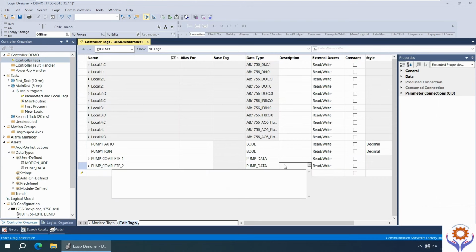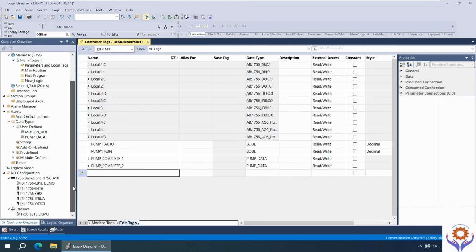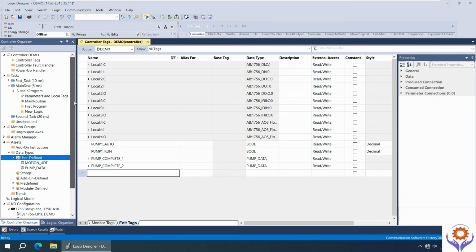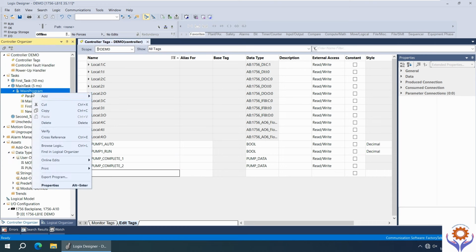If you have 100 pumps, you can define only the pump here, 100 pumps. So it will take directly from your user defined data types. This is the one I told you before. You need to create it commonly one time, and you can utilize this one many other times. What I will do now, I can add a new